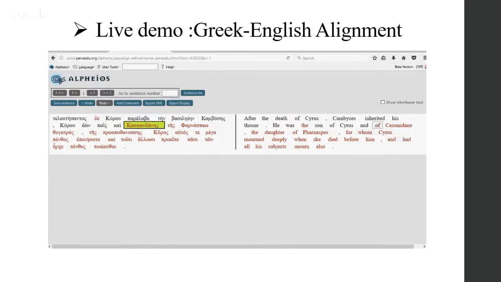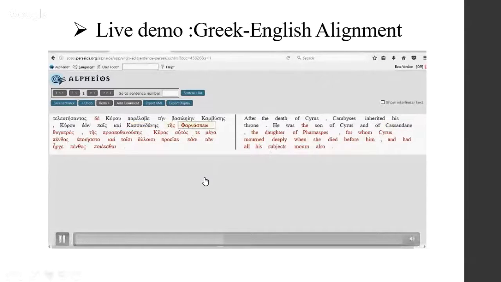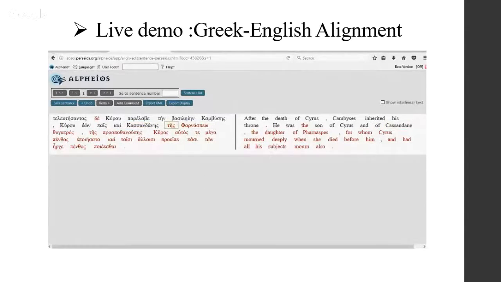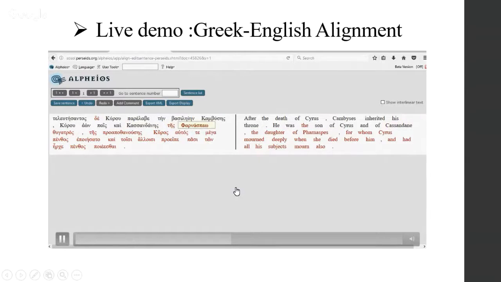As you can see, of 1, and then Kasandane, and then you go back to Kasandanes, and now it is aligned. So this is how to do it. It's an easy tool, and I think we could all do it with the language you are interested in.